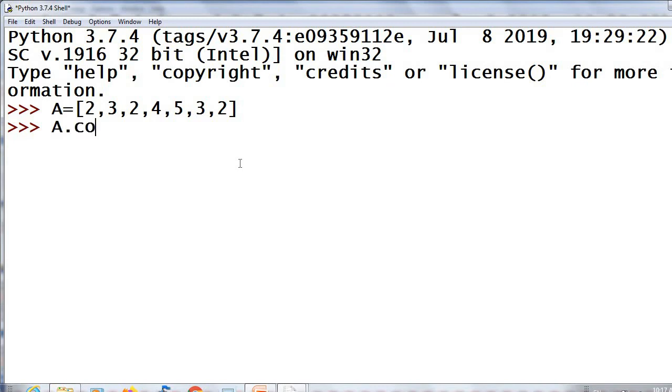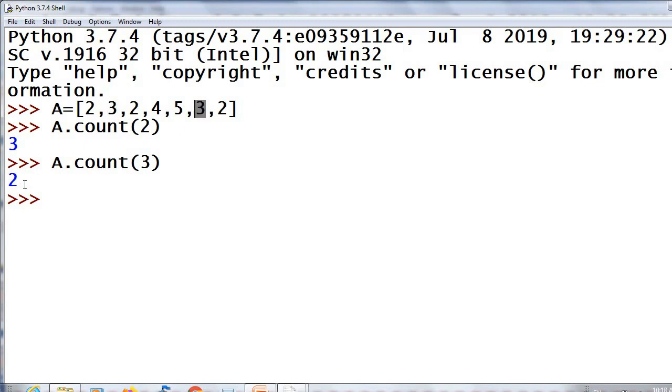A dot count of 2. The result is 3. 2 is there 3 times. A dot count of 3. 3 is here and here. Count is 2.